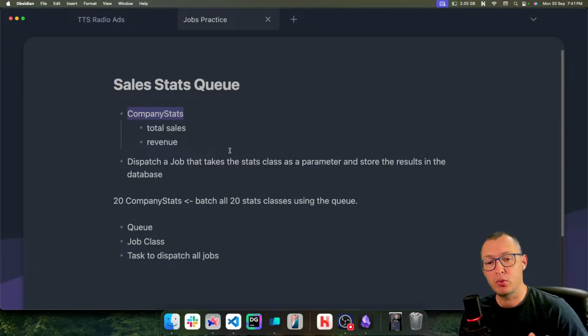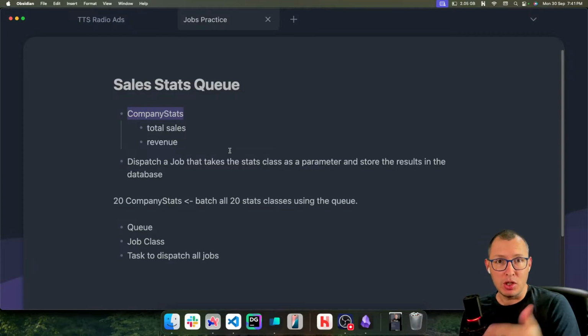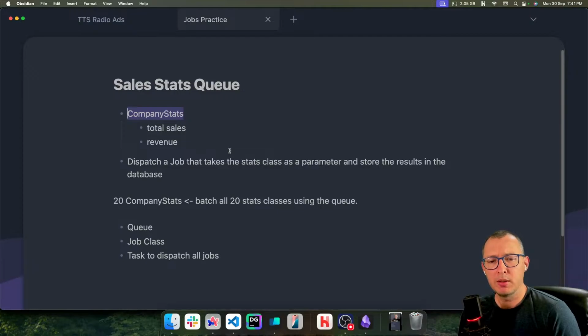I just need to create an instance of that company stats class, which is in legacy PHP code, and just execute one method in that class. And when that method executes, something in that class changes. We will use probably just one property, and that will basically capture the idea. So when the job finishes,